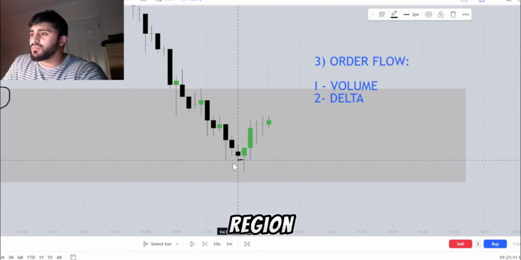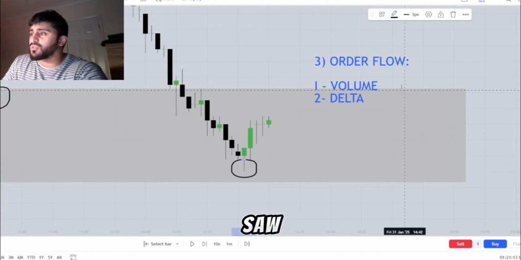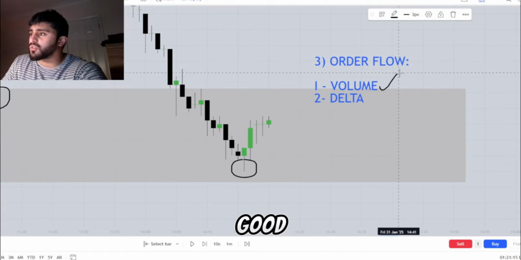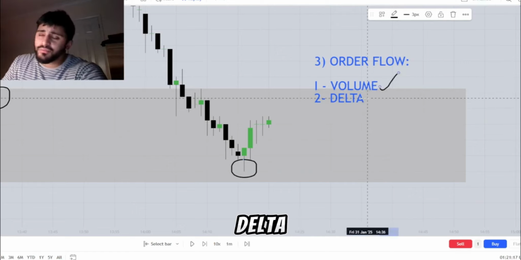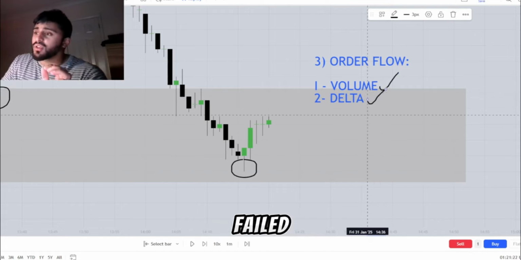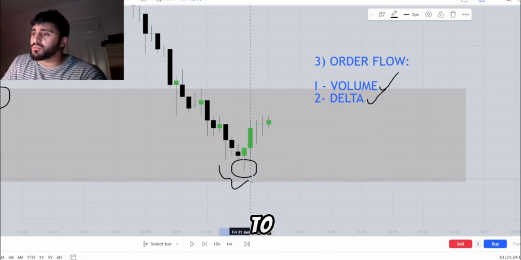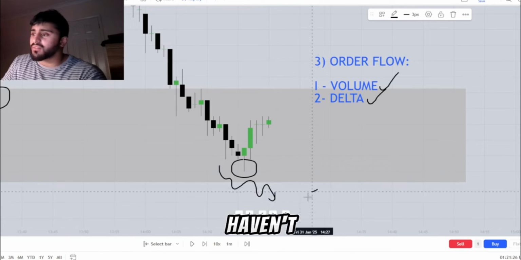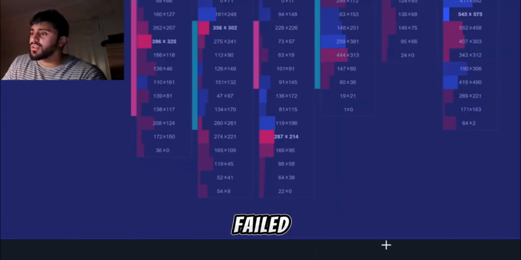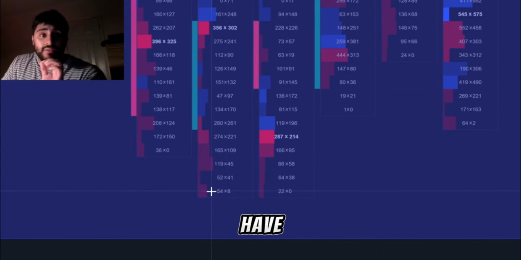in this region, we saw two things. We saw the volume had decreased, which is a good thing. And we saw the delta. We saw negative delta, which means aggressive sellers have failed. So aggressive sellers are trying to break this zone, but of course they haven't done that, right? They have failed. Look at all these aggressive sellers. They have failed to